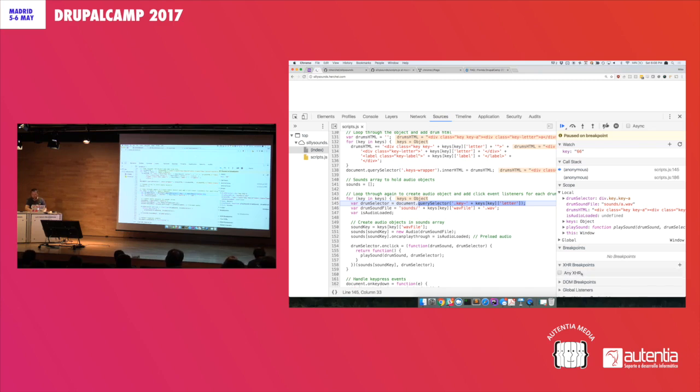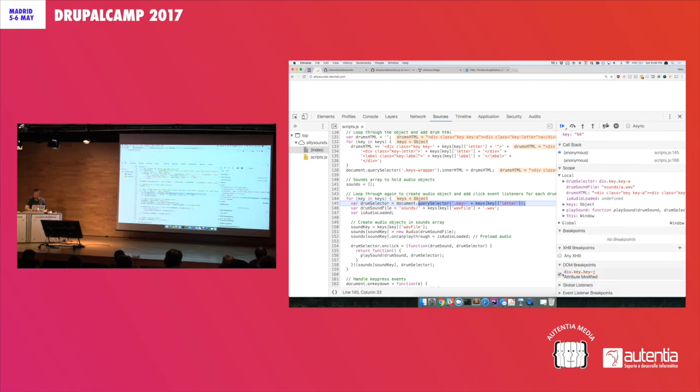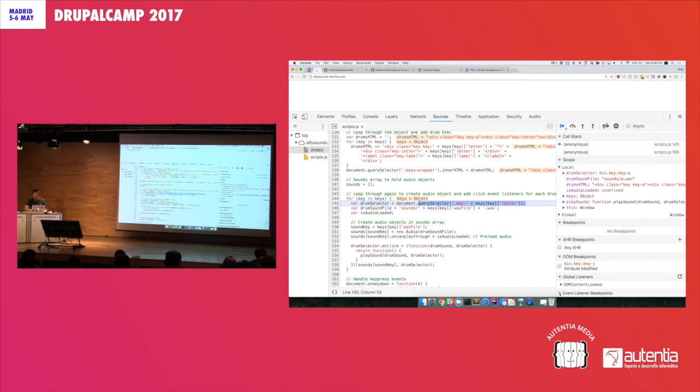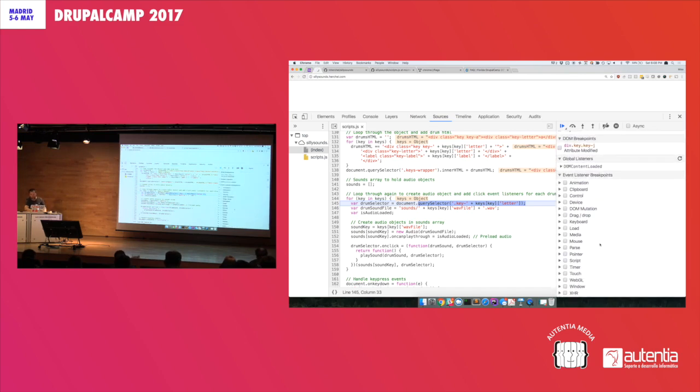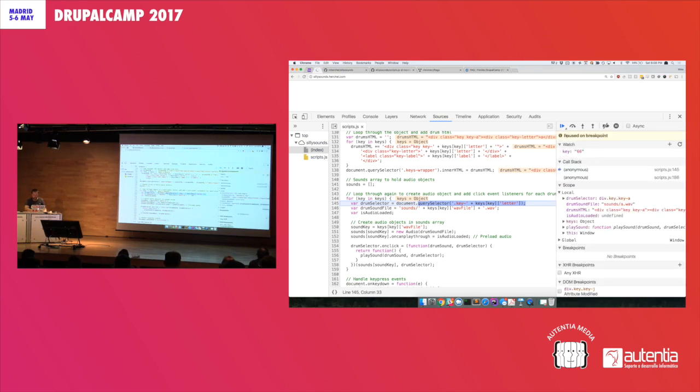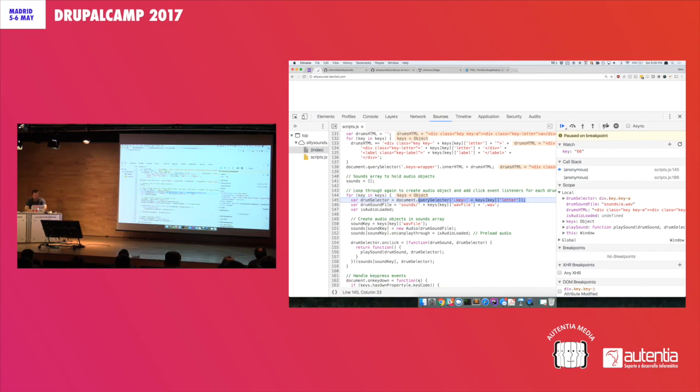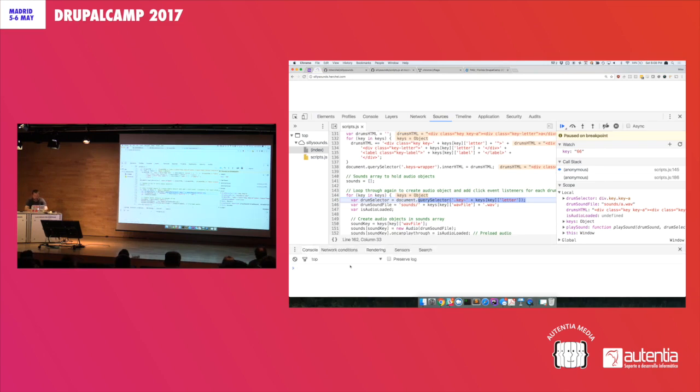XHR breakpoint. So this is any type of AJAX stuff. XHR is XML HTTP request. So I can check this box right here, and if I'm doing any type of AJAX, it will break on that. A DOM breakpoint is what I was setting earlier when I right-clicked on the element and selected break on this. And you can also do specific breakpoints on any type of event listeners. So I can select on key down or key press and stuff like that right here, which is kind of useful. So I can hit the escape button and go to the console right here,